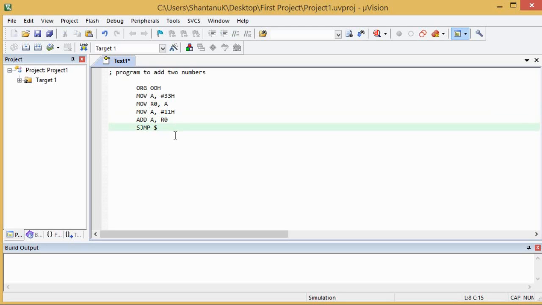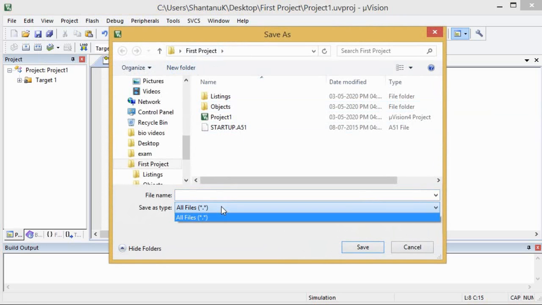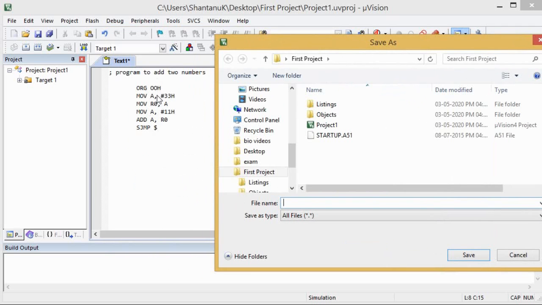Now as we have written the program, it should get saved. In order to save the program, I will click on this particular button, Save, in the same folder. This is our assembly language based program, so we will give the file name, let us suppose test.asm. .asm is the extension.